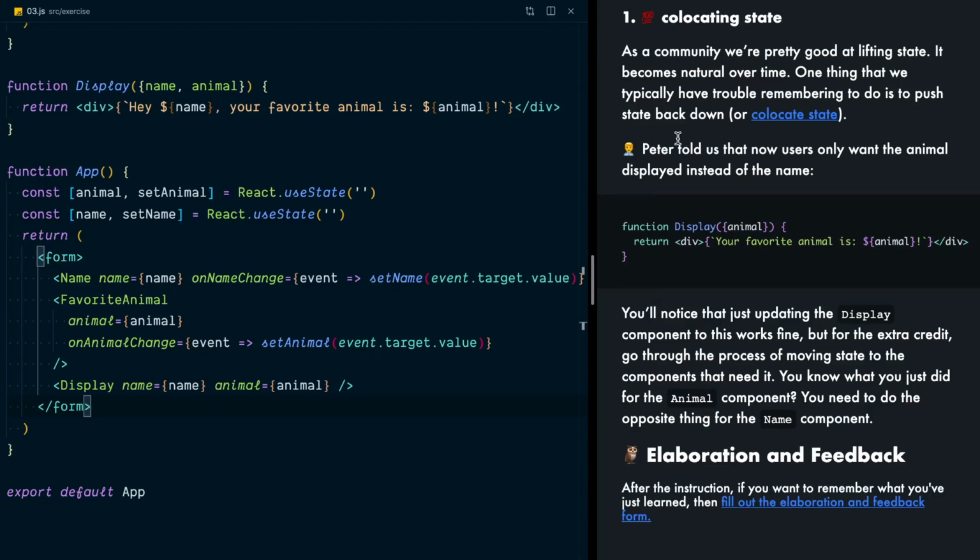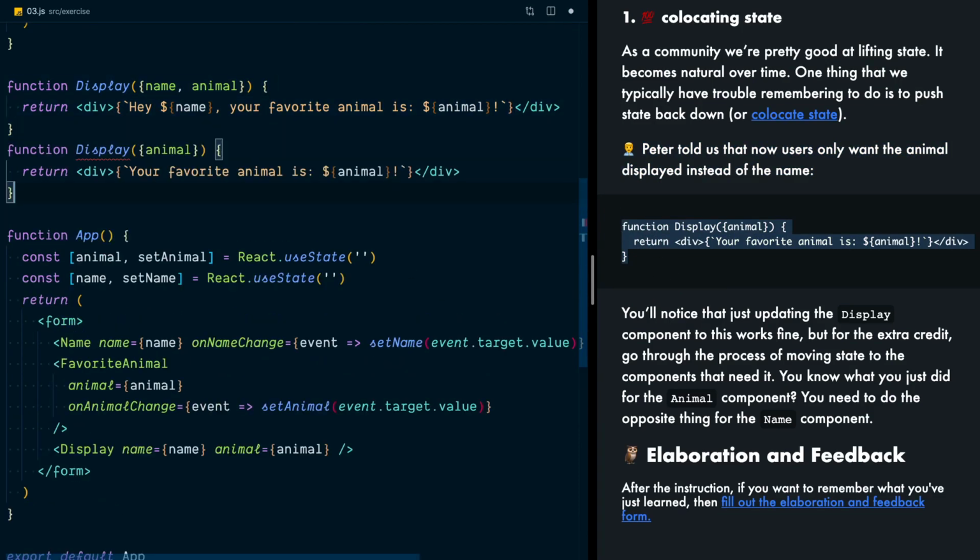All right, so now Peter is telling us that our users only want the animal displayed instead of the name. So I'm going to copy this. We're going to override the display. Actually, I'll just paste it right here so we can compare. We'll comment that out. So now it says your favorite animal is animal, and we're no longer accepting the name